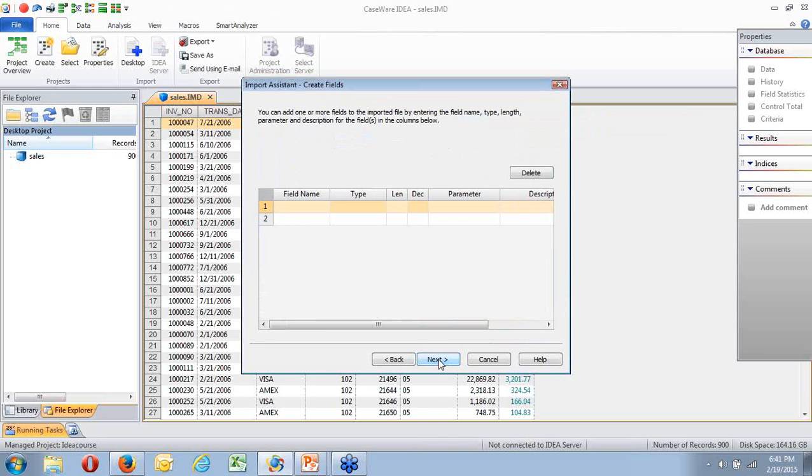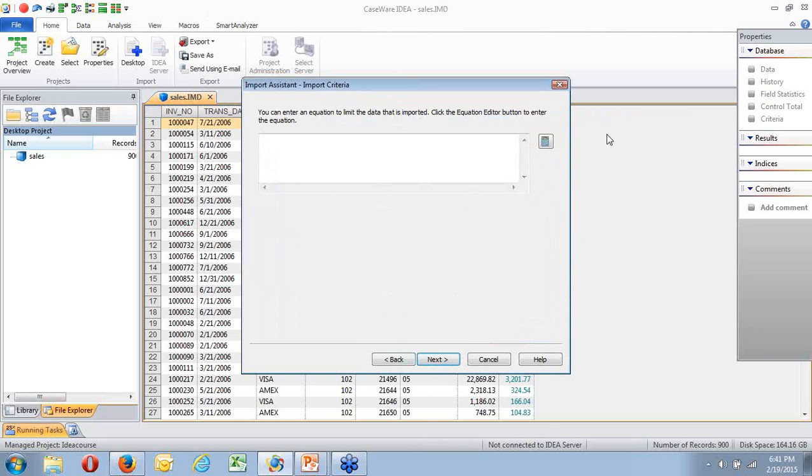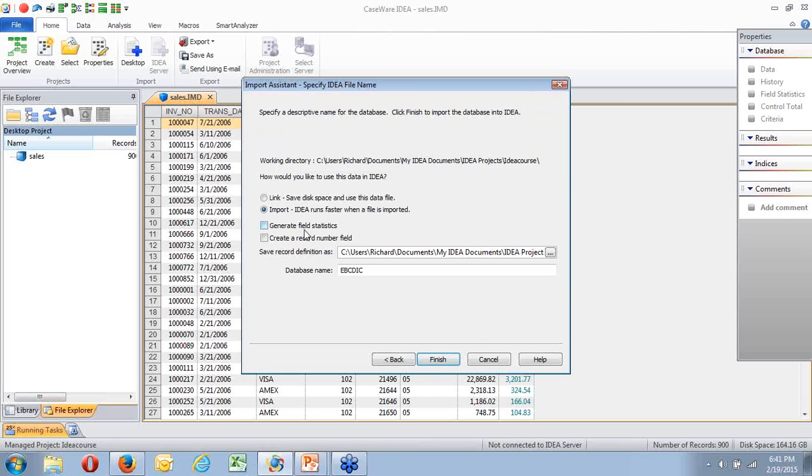I'm not going to add anything to this one. I'll simply say next. I'm not going to restrict the number of transactions I'm going to look at, so I'm going to say next. I don't want to generate field statistics, so I'm happy with that. And I'm going to call the file definition whatever I want.